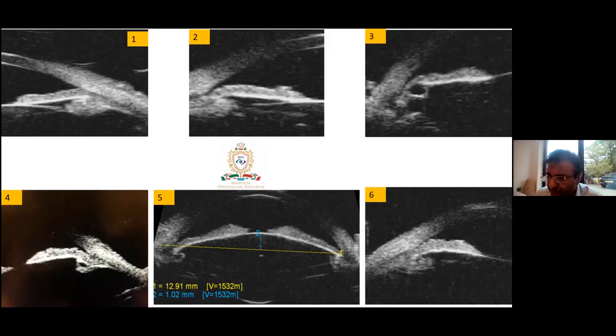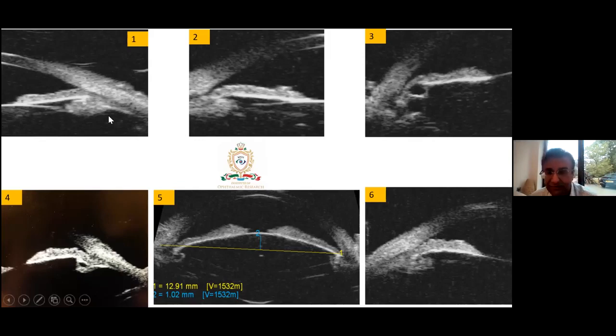So if the pressure starts to go over 30, then you have the strength of a randomized controlled trial, the EAGLE trial, behind you to offer clear lens extraction, if you are an experienced cataract surgeon. If you're not an experienced cataract surgeon, then you need to refer the patient for clear lens extraction to an experienced surgeon. And nobody would point a finger at you asking why did you offer clear lens extraction in a young